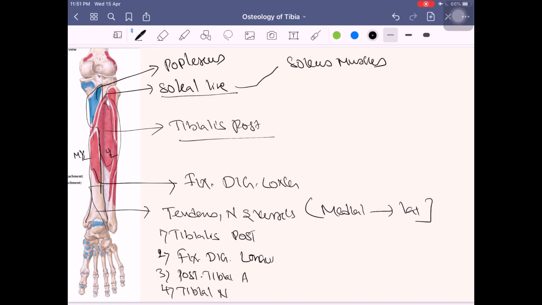In the front you saw all the extensors. There was tibialis anterior, here is tibialis posterior. There you had extensor hallucis longus, here you have flexor hallucis longus. There you had extensor digitorum longus, here we have flexor digitorum longus. There you had the anterior tibial artery, here we have the posterior tibial artery. There was the deep peroneal nerve, here we have the tibial nerve. This is from medial to lateral, and an easy way to remember is Tulsidas